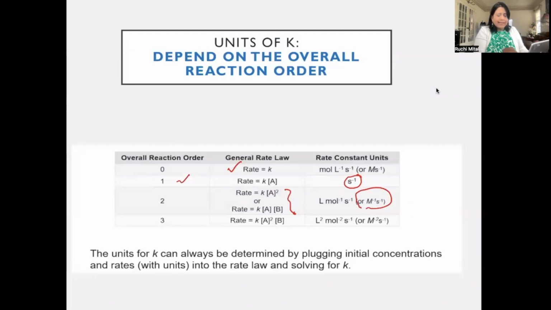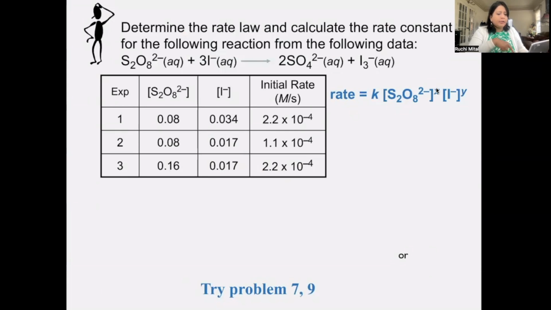If you guys can make that connection to help you remember: if the overall order of the reaction is 3, as you can see, this is your overall third order rate law equation, and here it's going to be M^-2 s^-1. If you plug in the units over here, you will be able to get these. But it is helpful if you can just memorize the units for the rate constant with respect to the order. So if this is 3, this is 1 less. You can solve this problem, and you can also try problems number 7 and 9 in your